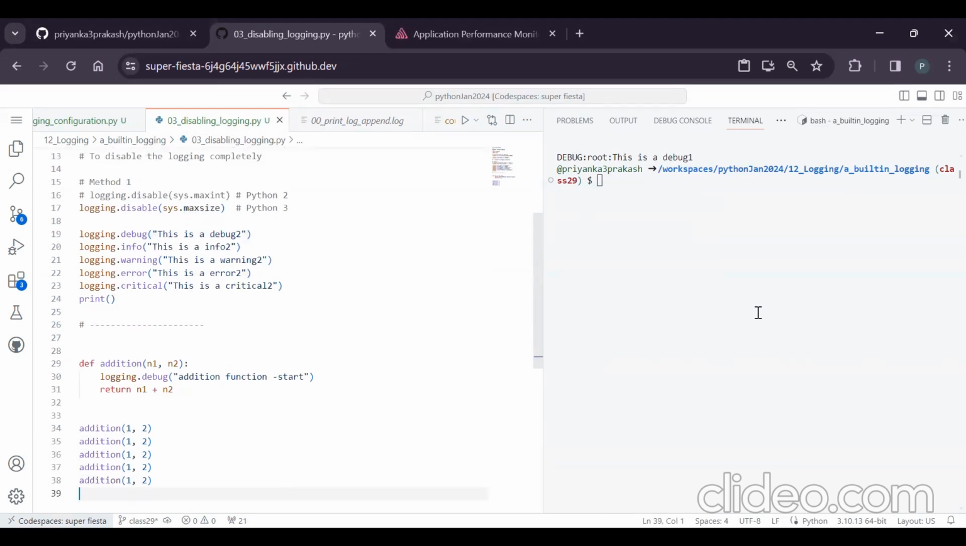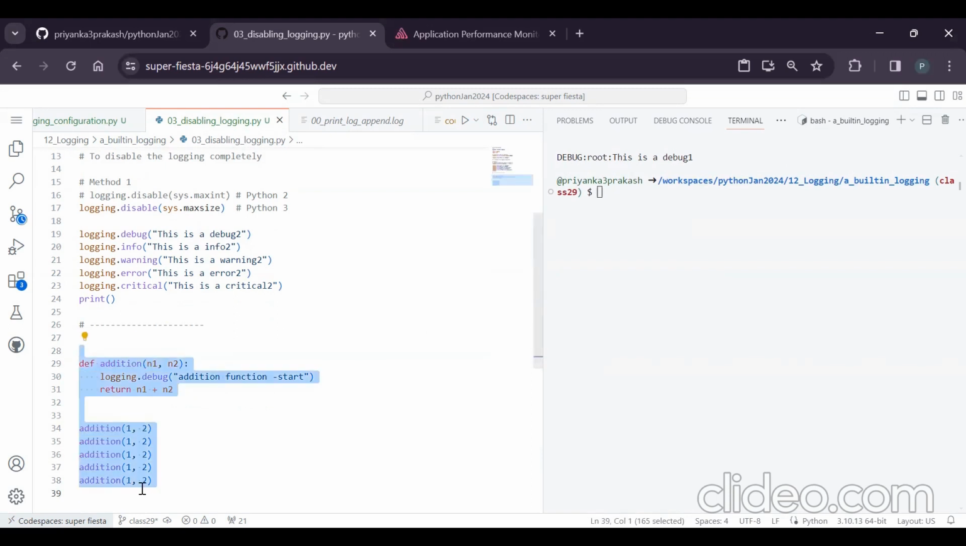If I write the same old print statements, did you see nothing is coming? It doesn't mean that this function was not executed. It is executed, but the logs are not coming. Hope you understood now how it's working. Similarly, there is another way. A better way is using